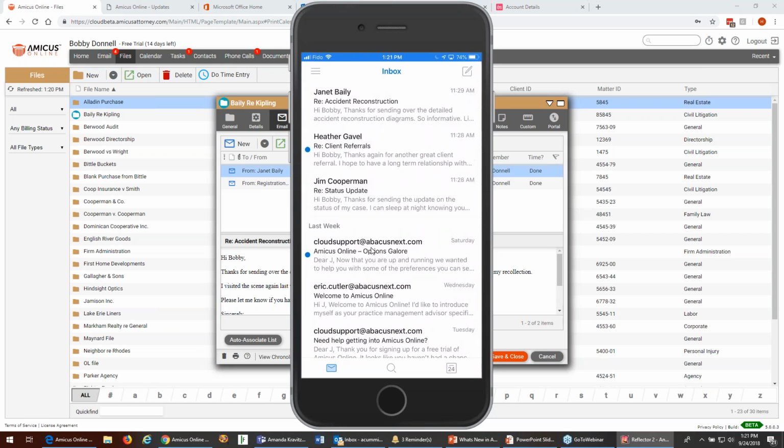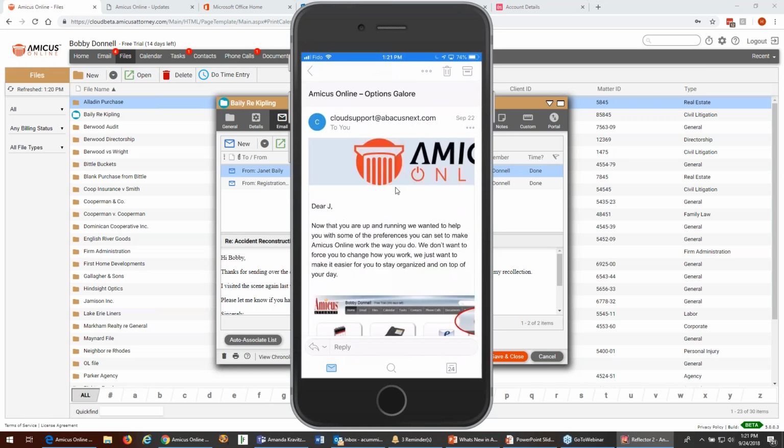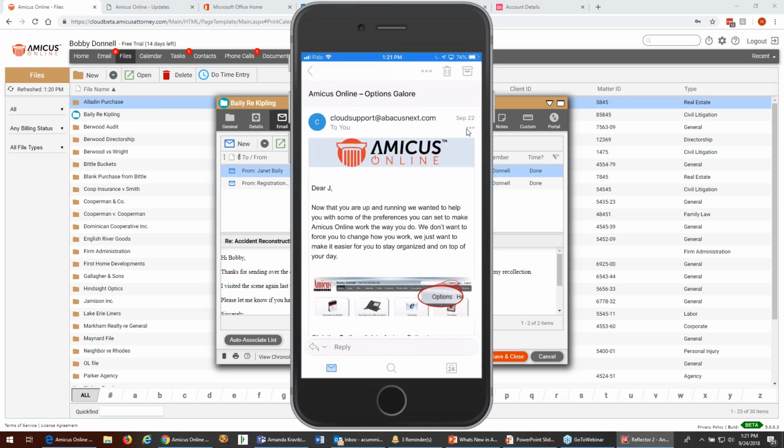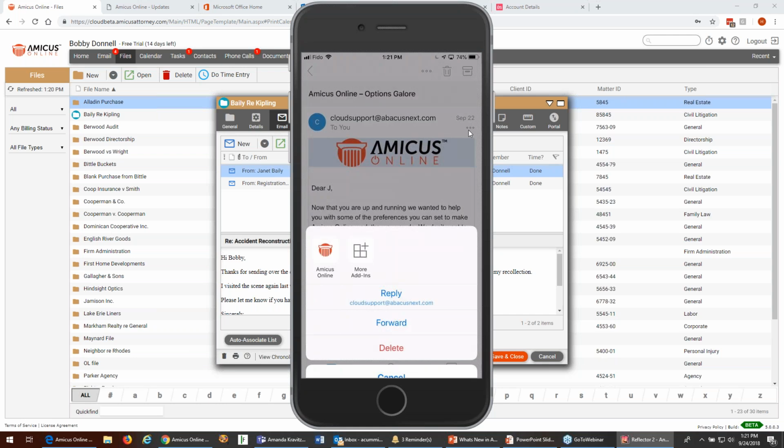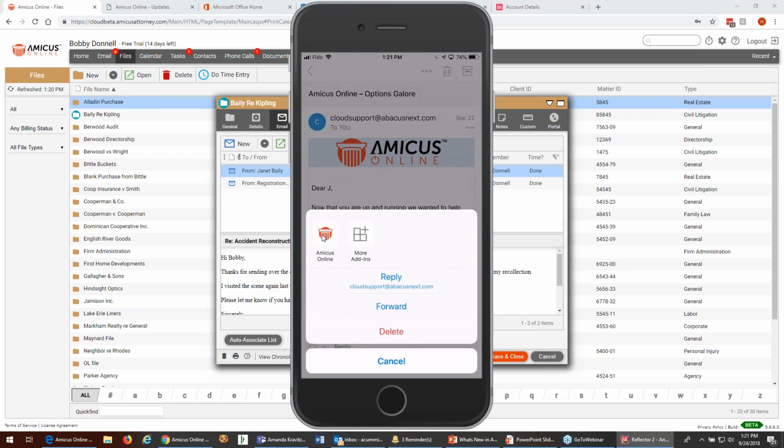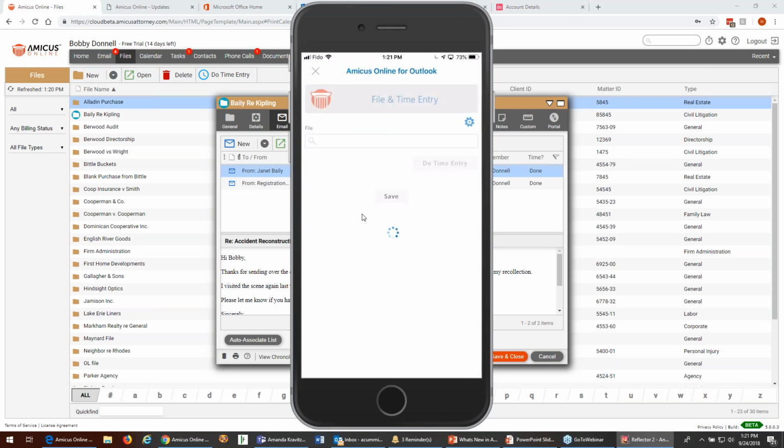So we've got one from Cloud Support. We can open up that email message, and you'll notice that there's three little icons right near the top in Outlook for iOS. If you simply tap onto that, you'll notice you have an Amicus Online option, and if you just select that, this is where it allows us to make that file